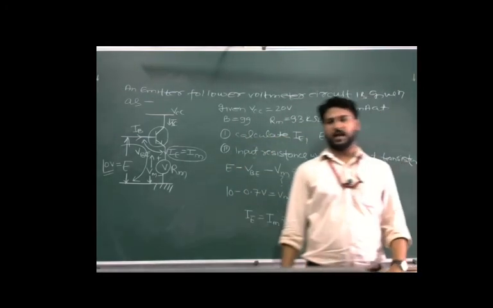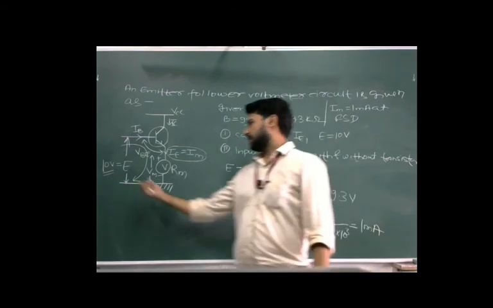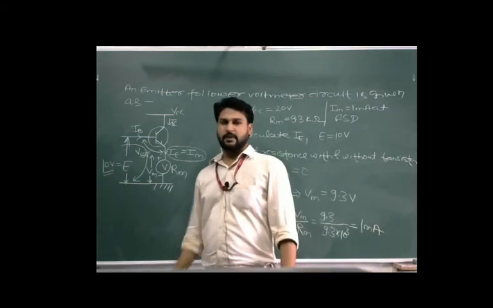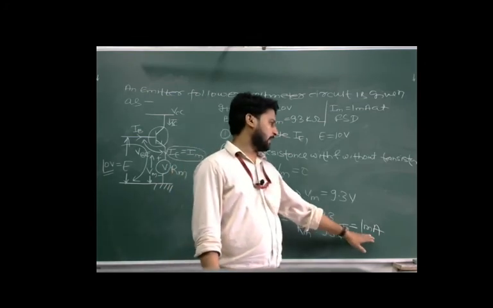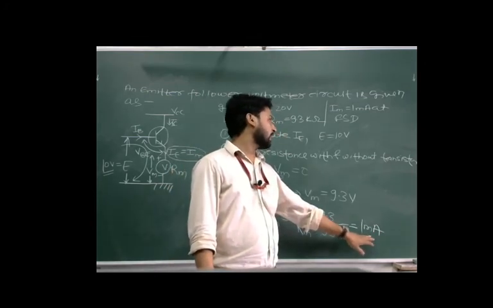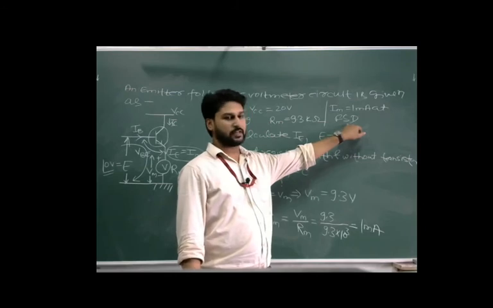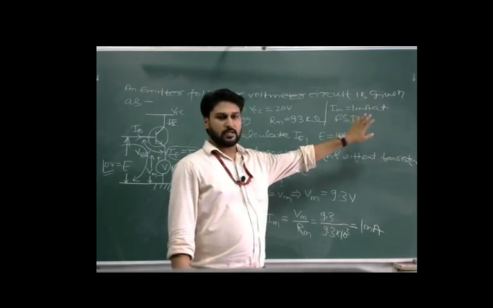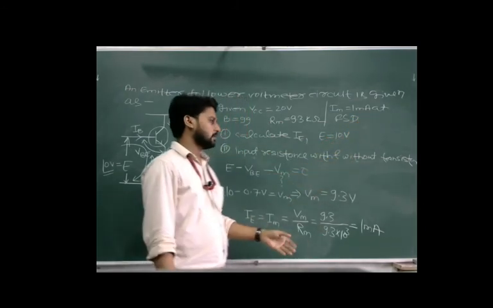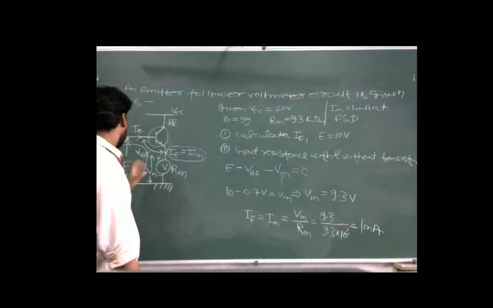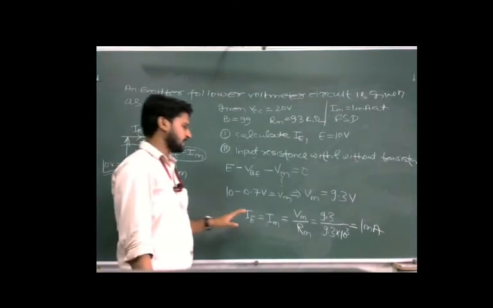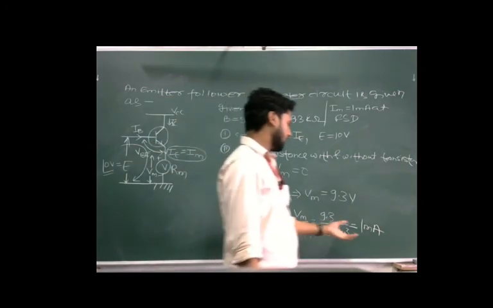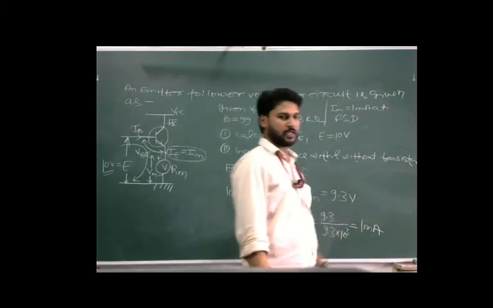When the voltage applied at the input terminal is 10 volt, we will get a full scale deflection of 1 milliampere, because at 1 milliampere this will show full scale deflection. Means when the input voltage is 10 volt, we will get a full scale deflection and a current of 1 milliampere.